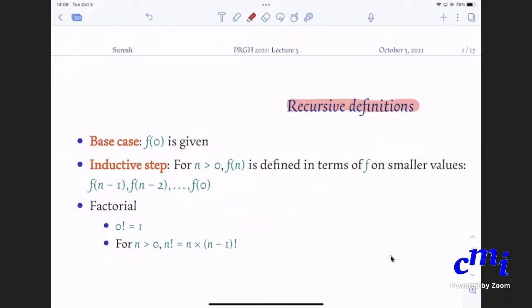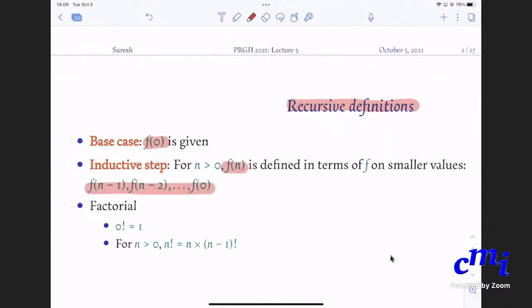Typically, the value of the function on 0, f of 0, is given somehow, and then f of n for n greater than 0 is defined in terms of all the previous values: f of n minus 1, n minus 2, etcetera, down to f of 0.